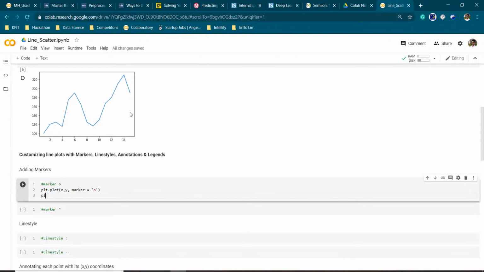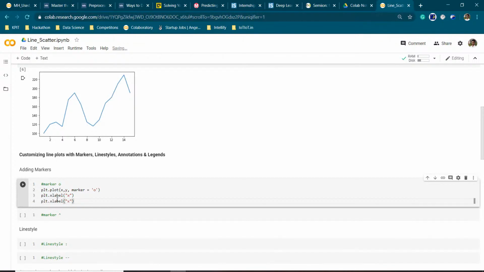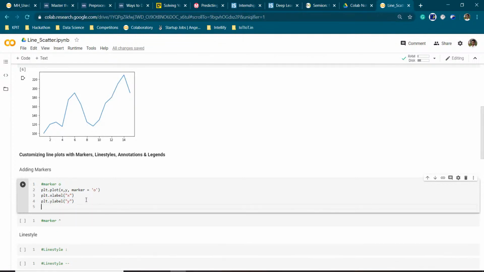Now we are going to give also the x label and y label, plt.xlabel, similarly plt.ylabel, and plt.title.